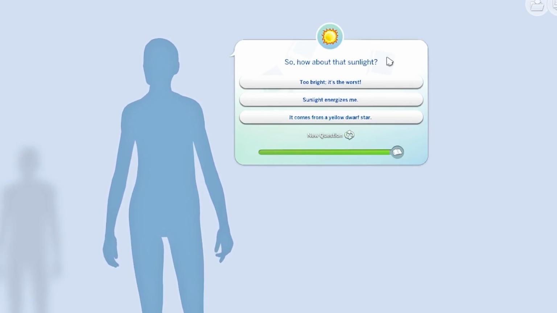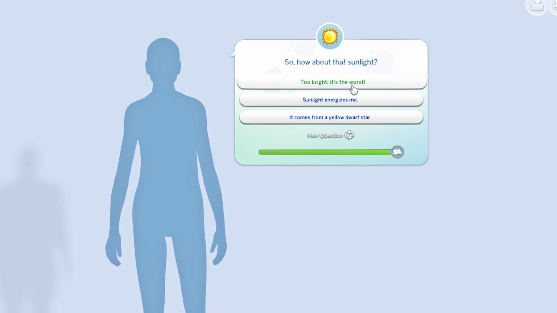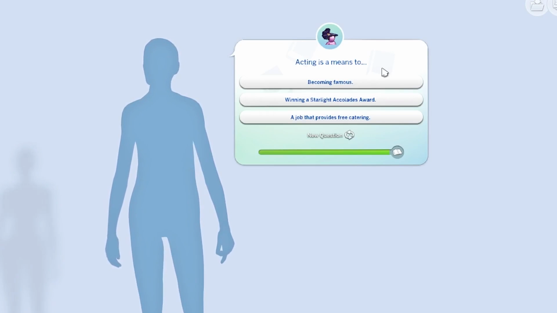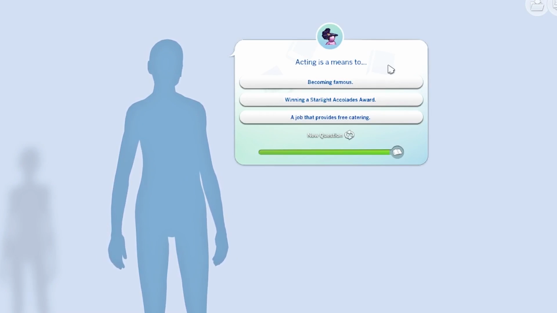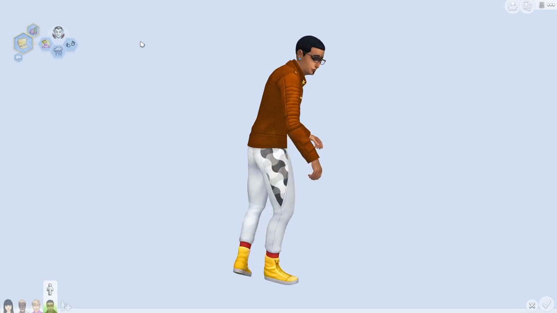So how about that sunlight? Too bright, it's the worst. Sunlight energizes me. It comes from a yellow dwarf star. We've already answered stuff that kind of goes towards being a vampire, so I think we can get something else. I have a great idea for a prank. We already answered this. Acting as a means to become famous, or to becoming famous. Winning a Starlight Accolades Award. A job that provides free catering. Let's go with this. Yes, we ended up with a vampire, and I really hope we get more than the